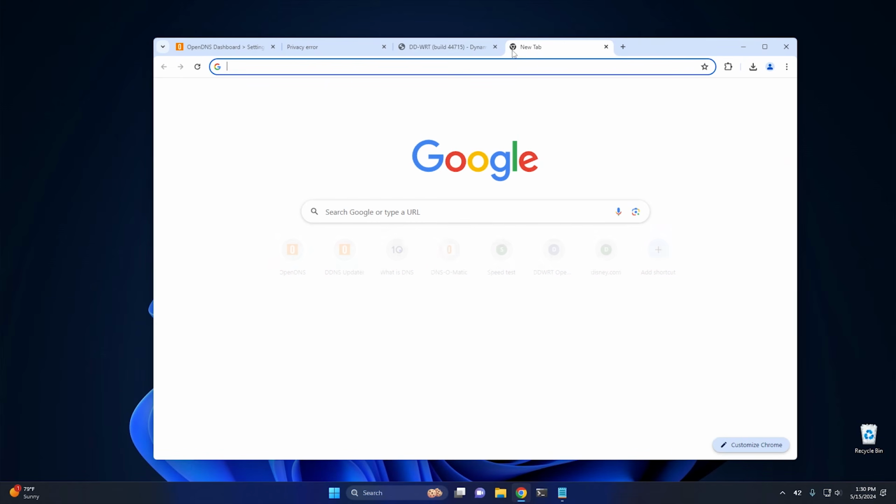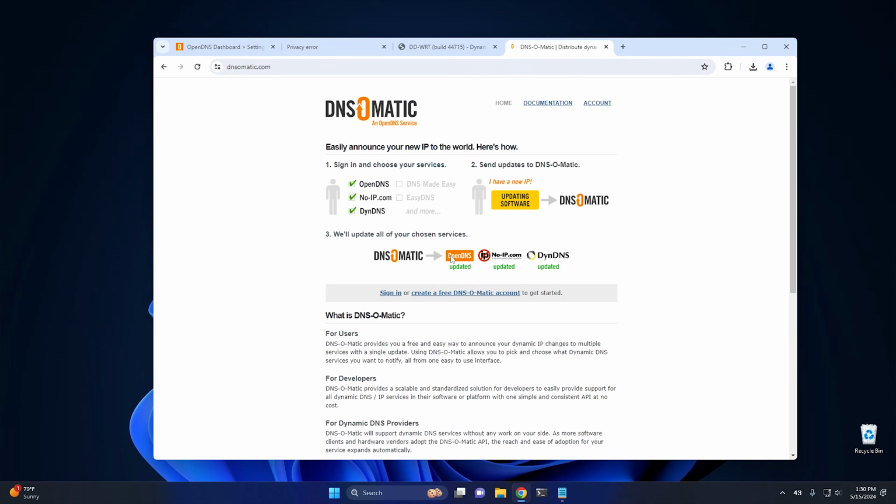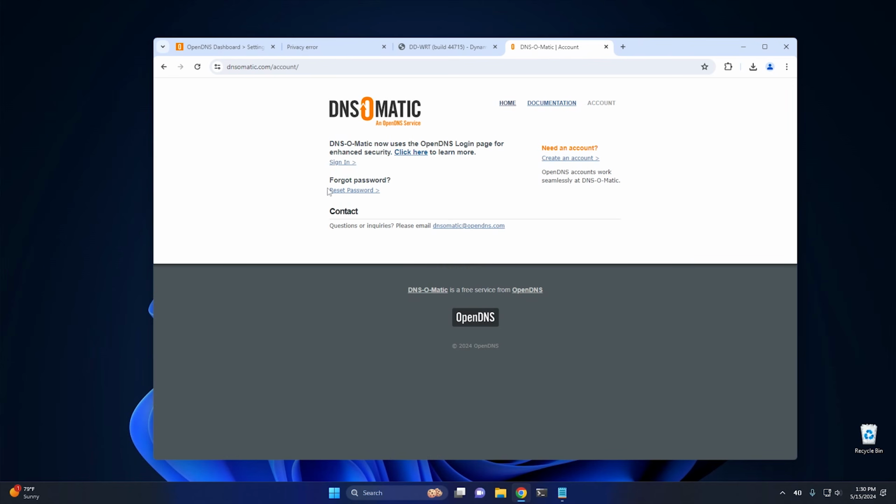So for that, we're gonna go ahead and open another tab and we're gonna go to DNS-O-Matic right here. And DNS-O-Matic is just a service that's associated with OpenDNS, but it can be used for a lot of different services that you would need to update your IP address for. So for this, we're obviously going to be using it for OpenDNS. So all we got to do is go over, click on account, and then it's going to ask you to